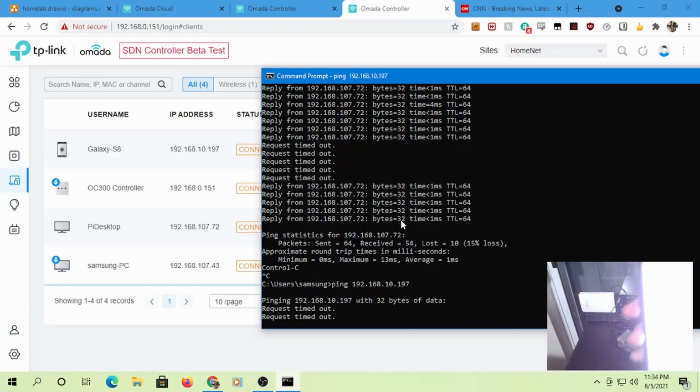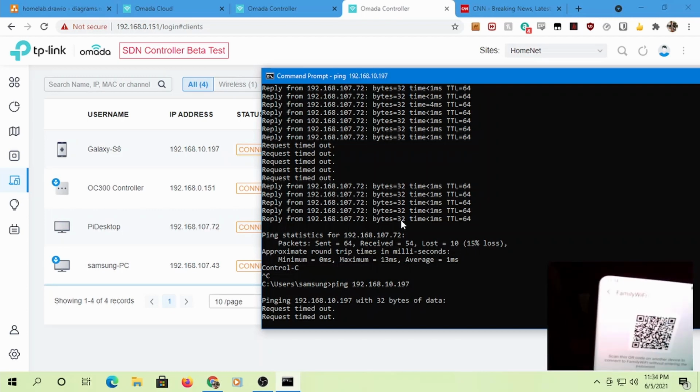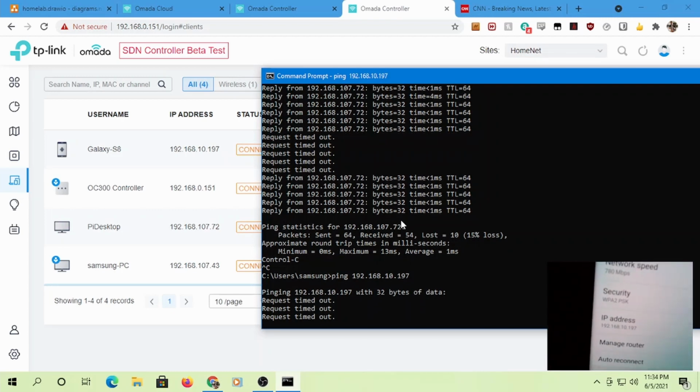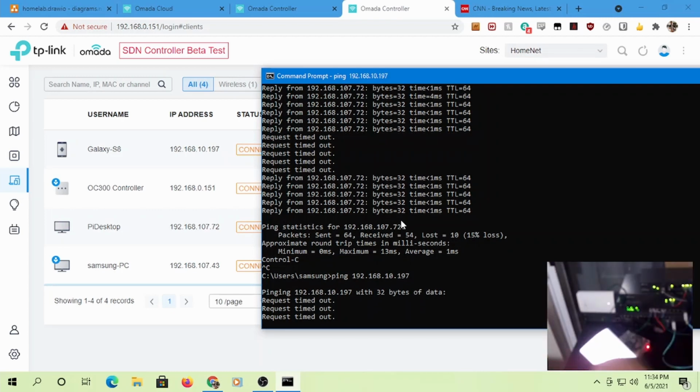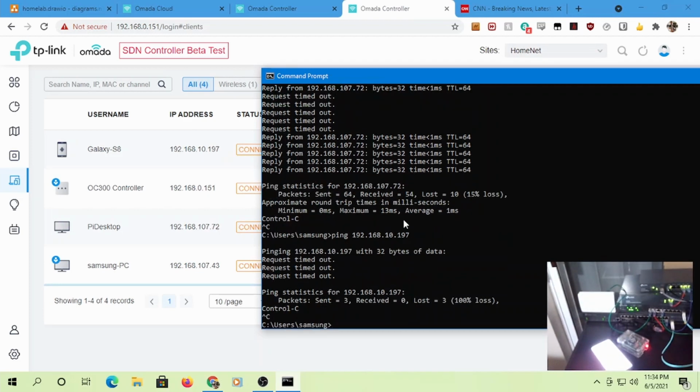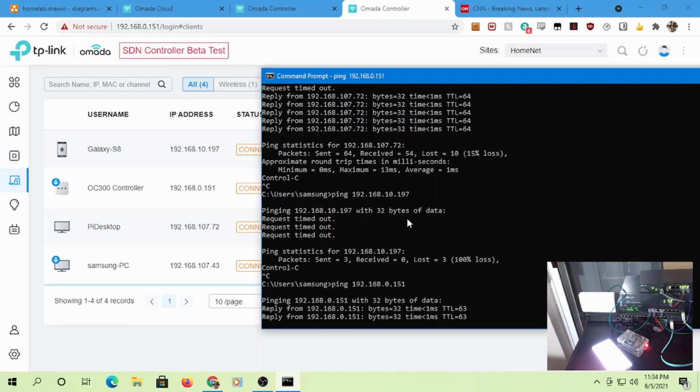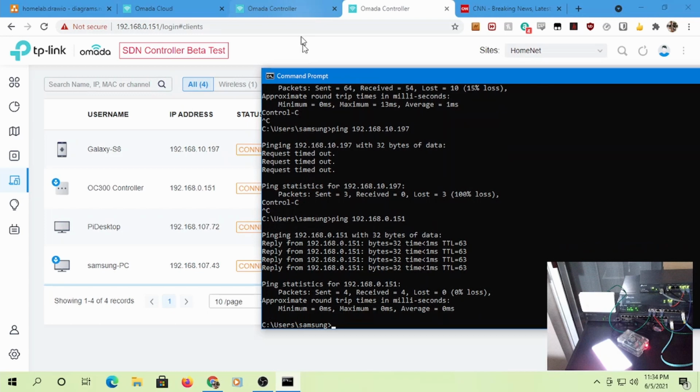Samsung Galaxy is not asleep, as you can see here. It's not asleep. Okay, so the rule is still working. I should be able to access my controller, which I can definitely, because I'm accessing it here. Okay, well, not here, but